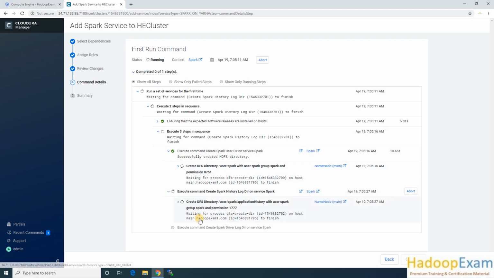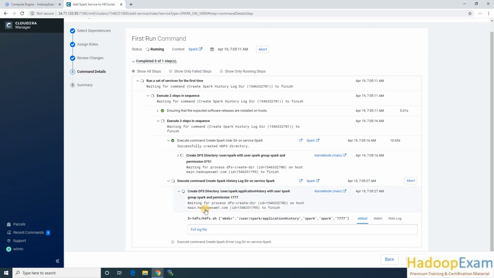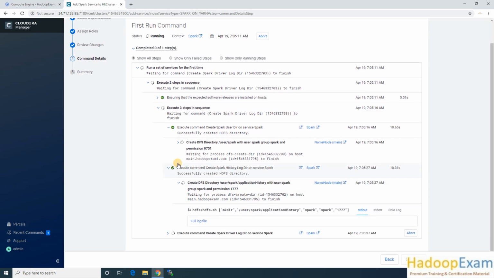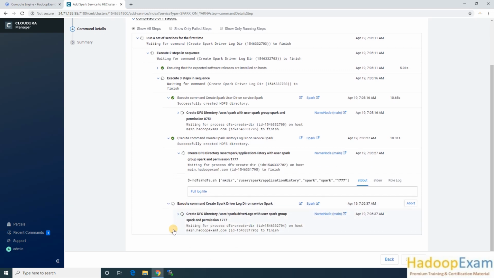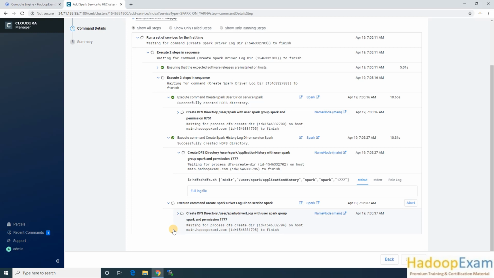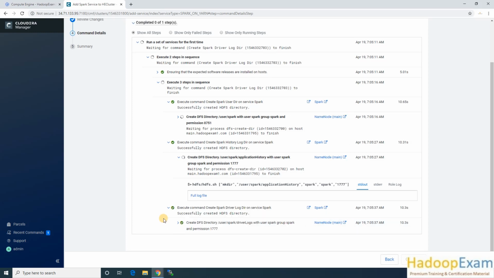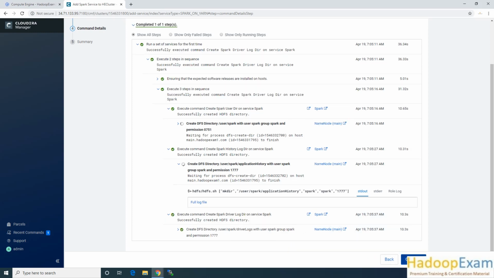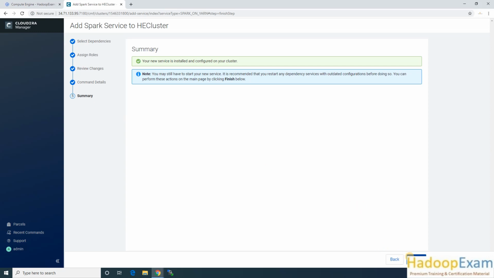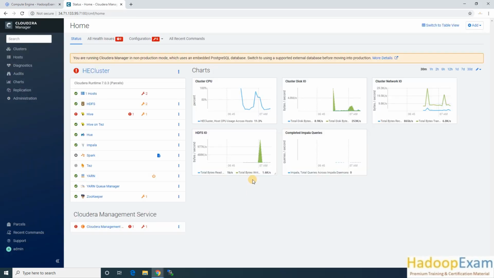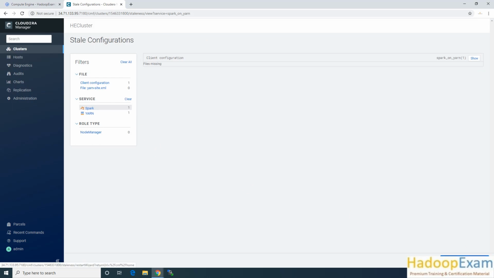Once this service is successfully installed, we'll change the Hive server default execution engine if we want, because we have previously installed that one. But I still recommend using Hive on Tez if you are practicing on Hive. Now let me finish it and let me see. Spark is there, correct?